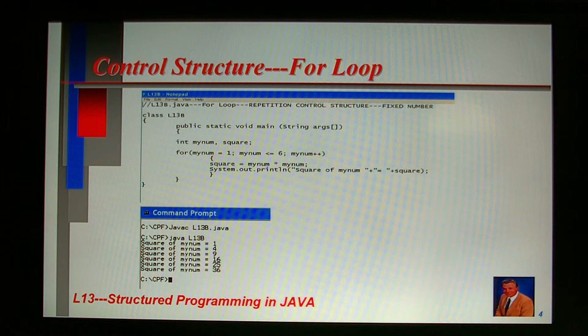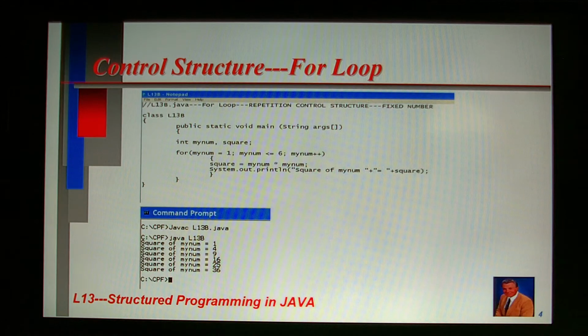The second of the 3 instructions included within the for loop header, namely mynum less equal 6, sets the limit for the fixed or predetermined number of repetitions. In this case, 6 repetitions will take place because mynum starts off as 1 and terminates when mynum is not less than or equal to 6, which leads us to the third of the 3 computer program instructions included within the for loop control structure header,